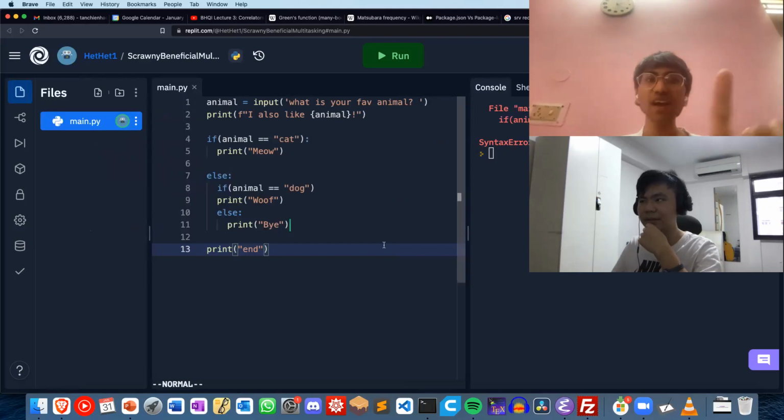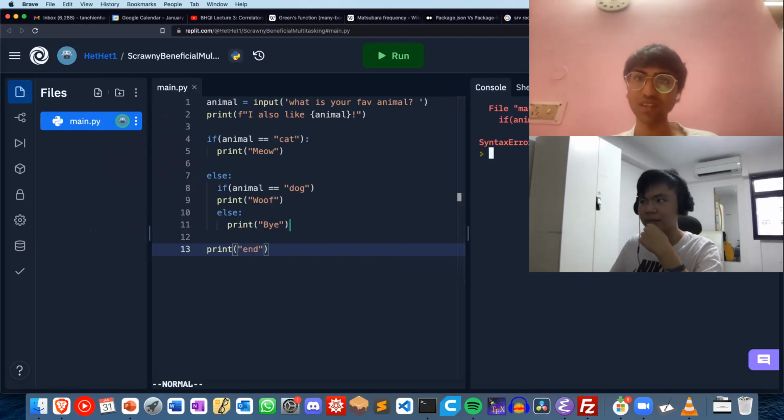So you can go ahead and give it a try for this one. Let me read the error and try to see if I can solve it. I'm seeing the thing right now. If animal